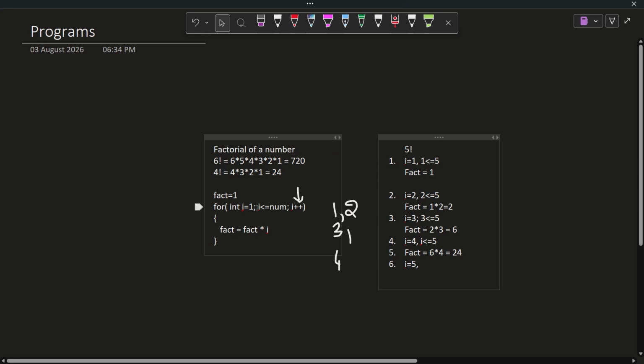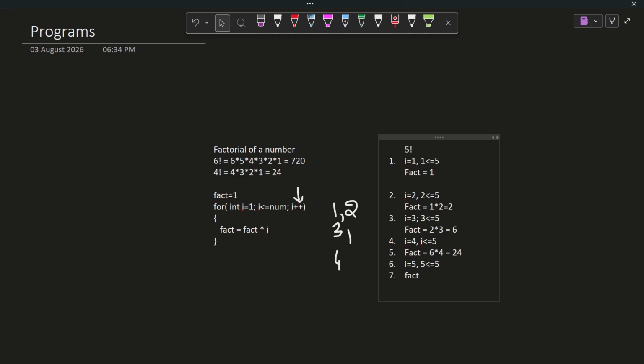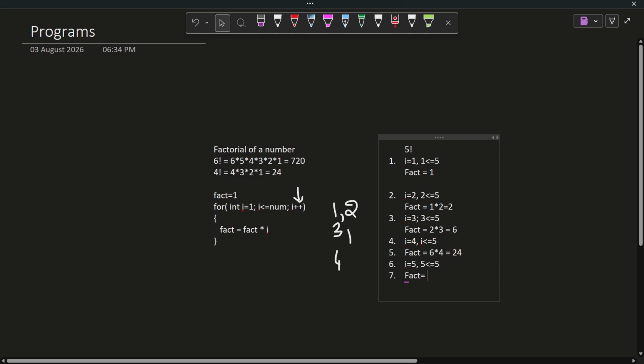Now it will check the condition i less than or equal to number, that is 5 less than or equal to 5, where the condition matches, and fact equals, what was my previous fact? It is 24. So 24 multiplied by the value of i, which is 5, is 120.